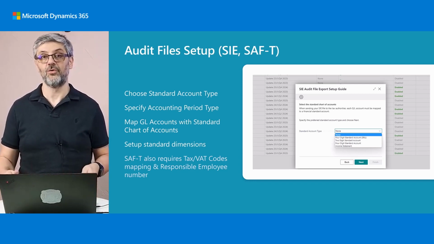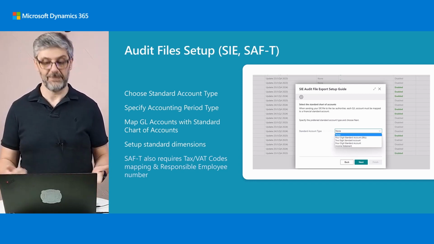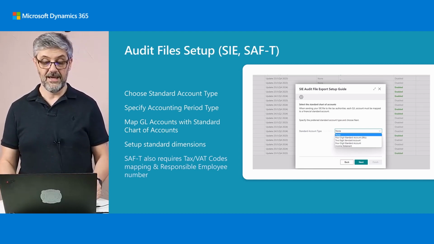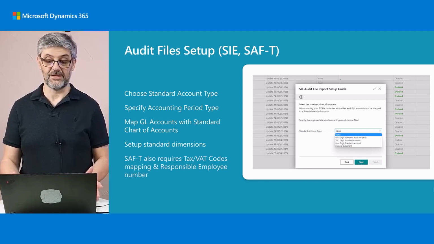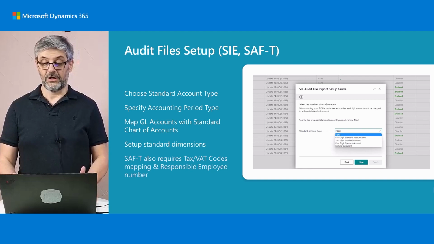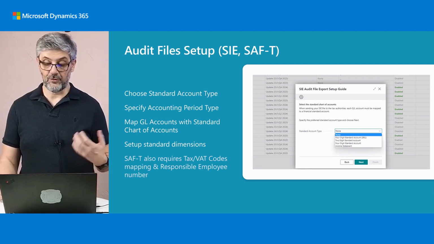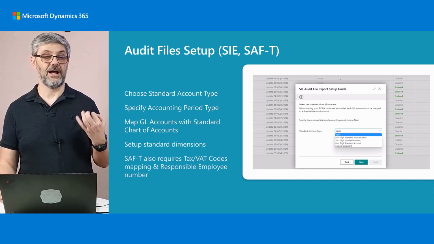That means you need to go to the wizard after that, but that's okay, it's not so complicated. The wizard will be the same. When you start the wizard, you first need to choose the standard account type. You can choose no account type, which means nothing specific, but if you want a standard chart of accounts, this